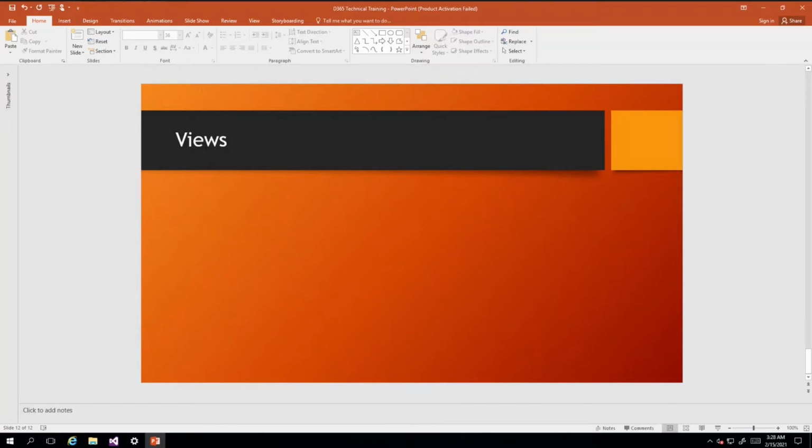Views. A view is a virtual table that uses a query to retrieve fields and records from database tables. The database tables can be one table or multiple tables. I am saying virtual because data in a view is not stored as a database object, but is dynamically created when the view is accessed at runtime. And this view uses a query structure to retrieve data from one or more database tables.